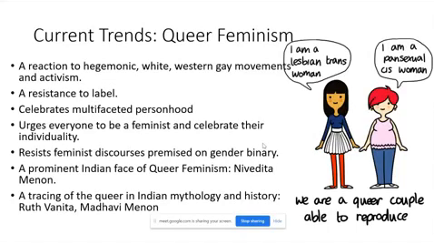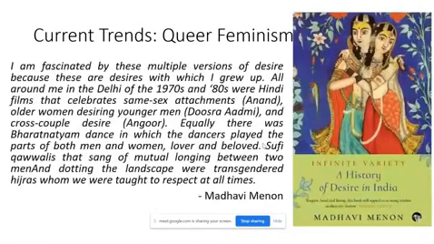Of course, Devdutt Patnaik has also done his bit, but of special interest to me over here are Madhvi Menon and Ruth Vanita. And in fact, I'm going to show you excerpts from their works, which will give you a very clear idea of how they position their work and the objective of their research. So this is Madhvi Menon, and I've taken this from her introduction to the book which she has written, which is called Infinite Variety: A History of Desire in India. So what Madhvi does in this is,